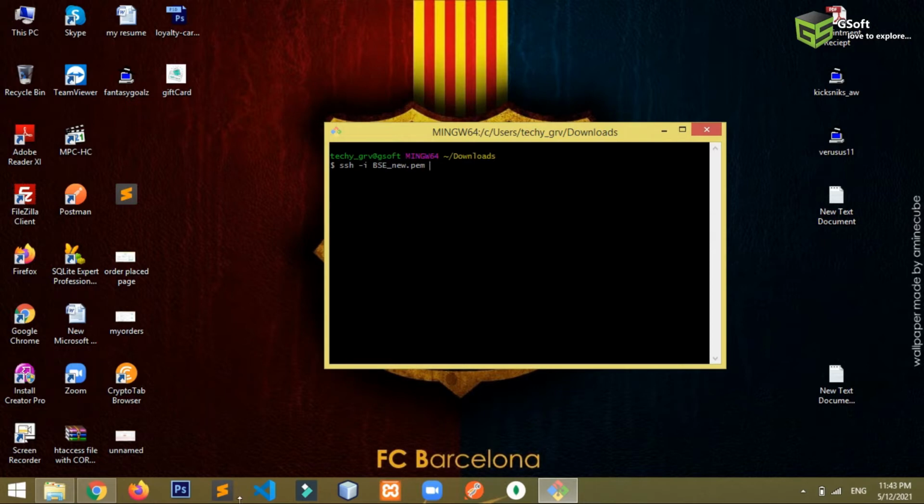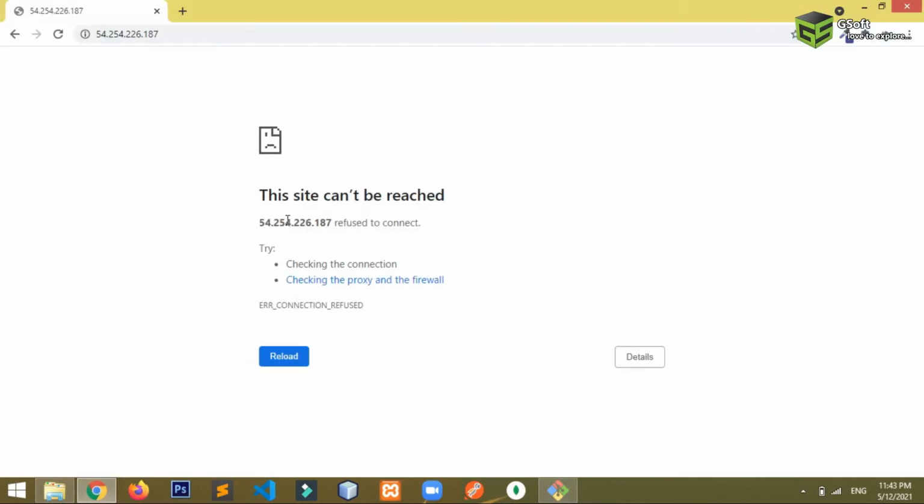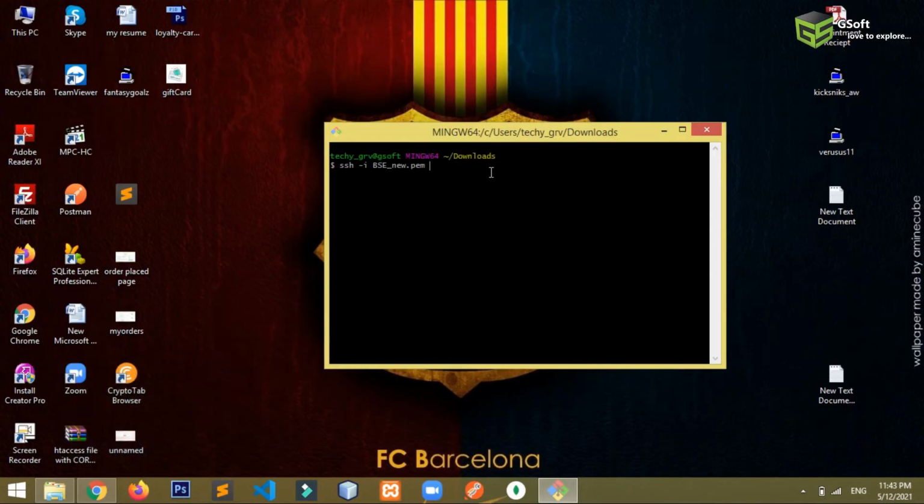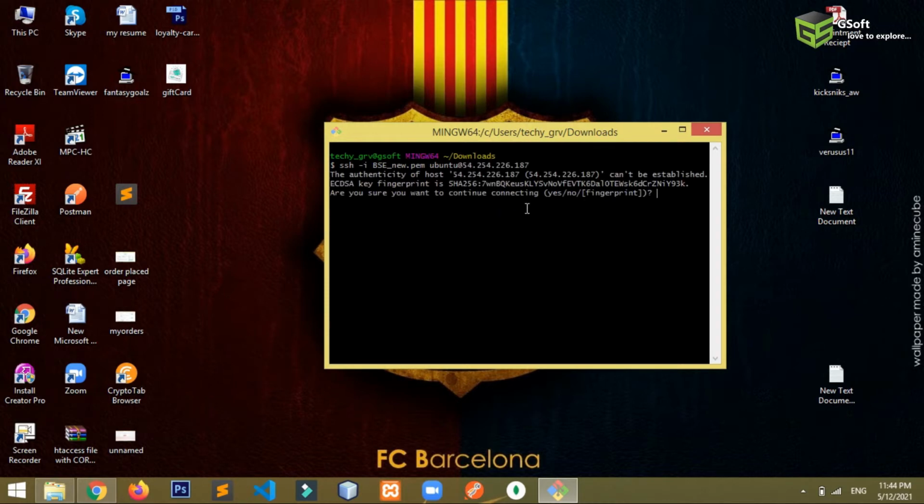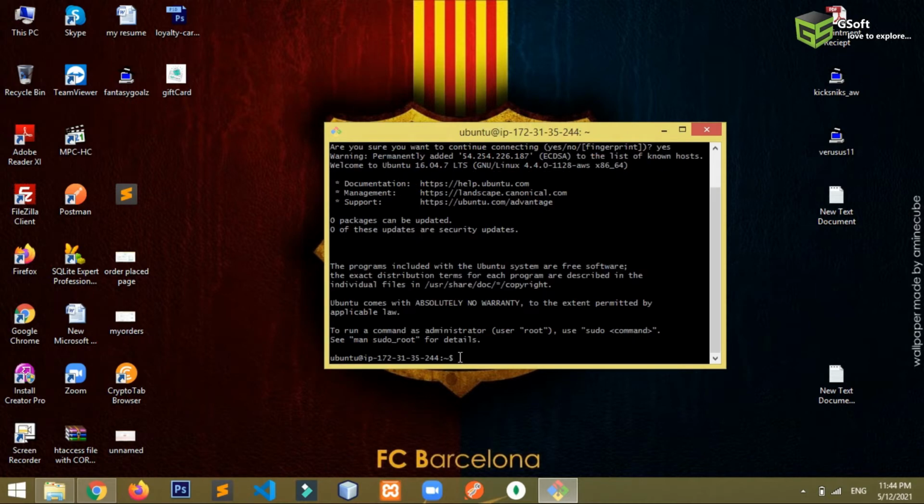So I don't remember the IP, so the IP is this. I'll just copy this and I will write the username here, ubuntu, and I will paste the IP here and press enter and click yes, and you can see I successfully connected to the server. And then first of all you have to run the first command, that will be sudo